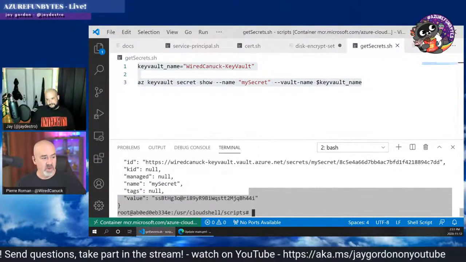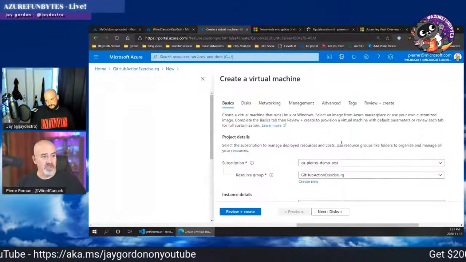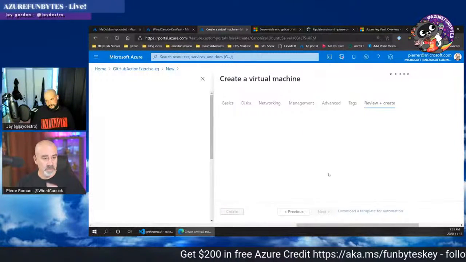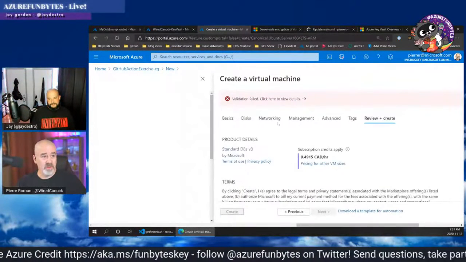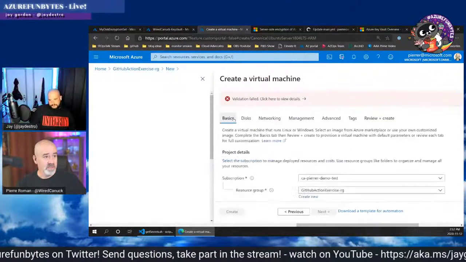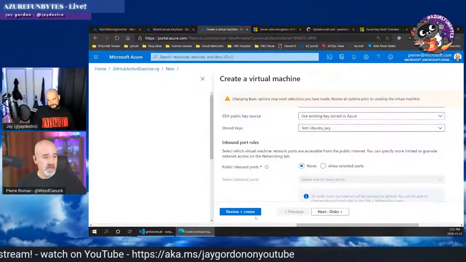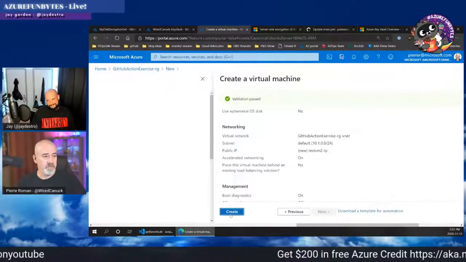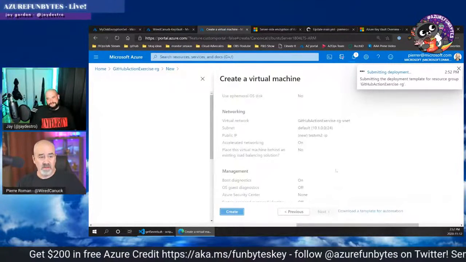and send it. And when we're looking at certificates, earlier when I created my virtual machine with the certificate, when it finishes, I have open ports to the internet, and our validation tells me that I'm not allowed to do that. So let's go back to basic and say no ports allowed, review and create, because it doesn't really matter. I'm not going to access it. And when I create it, it will generate